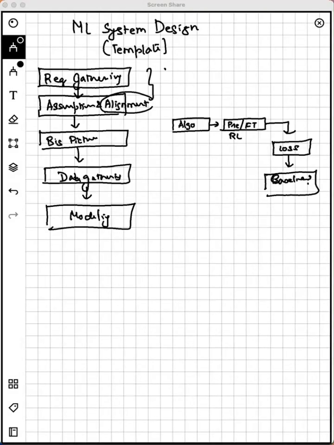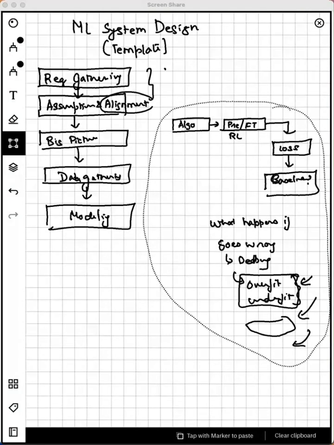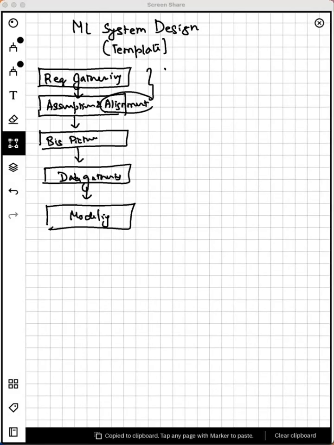So we will have to think about all of those things, and we'll also have to talk about what happens if something goes wrong. How do we debug? Okay, so either your model has overfit, underfit. Okay, some of this has happened. So how do you validate the performance of the model, comparing it with baseline, and then some of the offline metrics that you will be using. Okay, so that takes me to the next part, which is